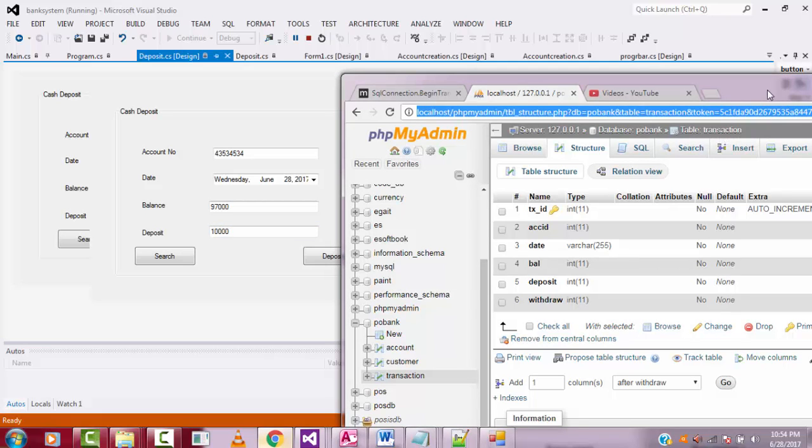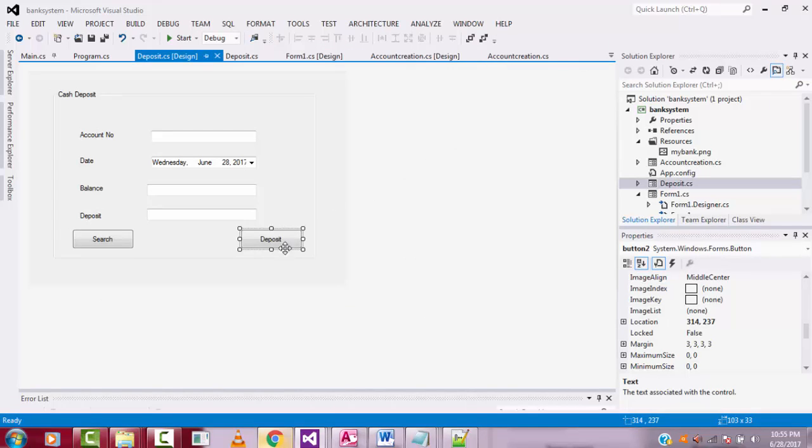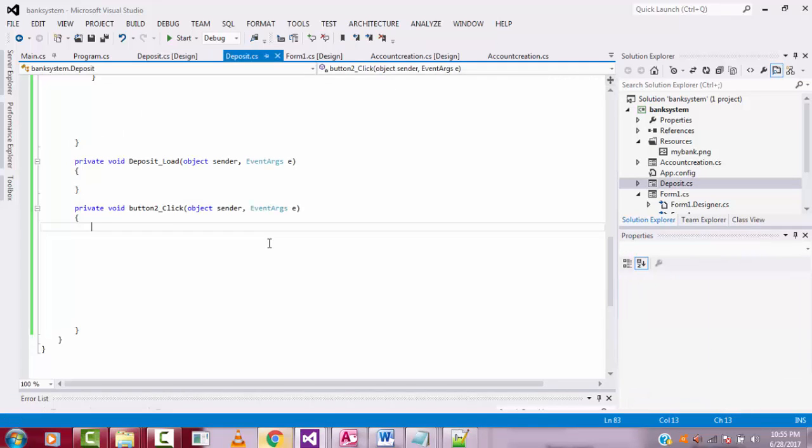Okay, let me go back to our coding part. You must have understood why we write 2 queries. That's why we have written 2 queries. Okay, let's close the program. Now double click on this one. First what I'm going to do is